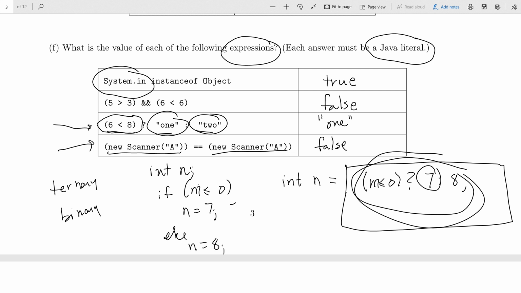Okay? Now, I looked at PS10 and I saw almost everywhere I looked people comparing strings with double equals and not equals. And sometimes that'll work because of the way string literals are dealt with, but sometimes it won't. So if you want to know whether two strings contain the same characters, don't use double equals, don't use not equals. What do? Dot equals.